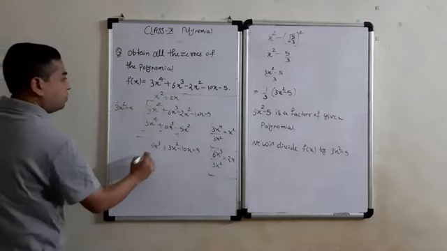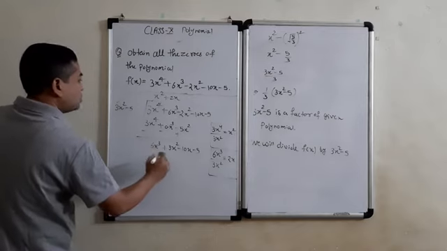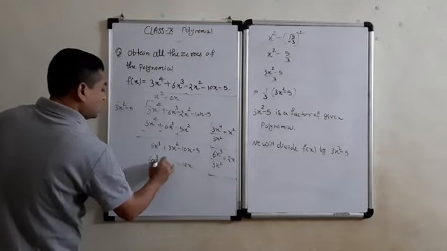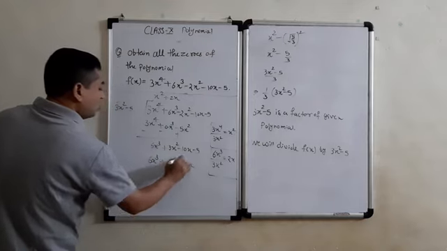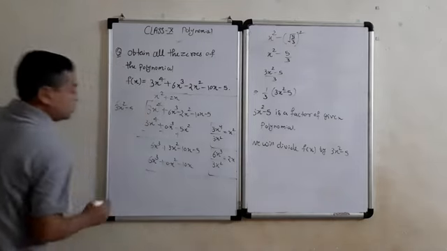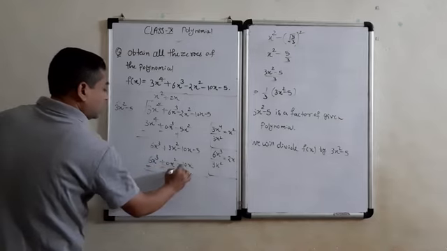2x we will multiply with this. So we will get 6x cube. 2x will be multiplied with this. So we will get minus 10x. Here again the same thing. There is no square term, so we can write the square term using coefficient 0. That will be negative, negative, and this is positive.